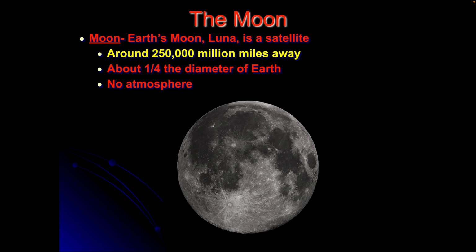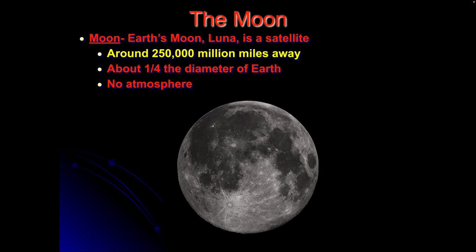So the moon, Earth's moon, also called Luna, is actually a natural satellite. When you hear the word satellite, don't always think it's this thing that's beeping up in space, sending signals around. Natural satellites also exist. That word Luna is involved in a lot of things that have to do with the moon. When you hear the word lunar, that's cluing you in that it has to do with the moon. Maybe you've heard of lunatic before. We may have also heard that people get a little bit crazier when there's a full moon outside. Lunatic is actually where that comes from.